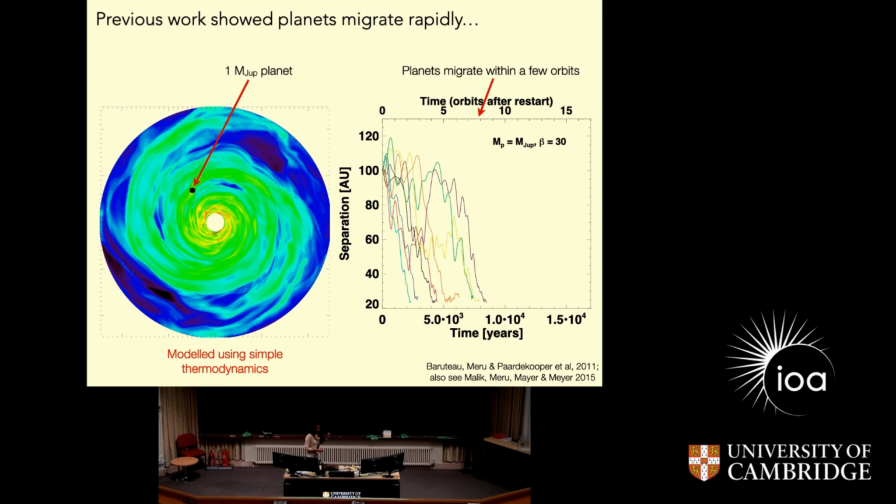In reality, the disks are not entirely turbulent from the inside all the way to the outside, and we'll look at that in just a moment. But if it's only turbulent, the stochastic kicks that you get cause the planets to move very, very rapidly. This really is important to consider, and therefore it's important to think about where we see that turbulence due to the self-gravity in the disk